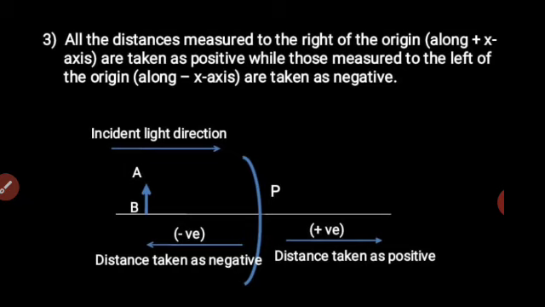For the first 5 cases, image is formed on the left hand side. It is real, inverted, may be diminished or enlarged. When the image is formed on the left hand side, we measure the image distance starting from pole going towards the negative x-axis. Thus, image distance will be negative. Say the image is formed at 8 centimeters on the left hand side, then we shall write image distance is equal to minus 8 centimeters. So, this is the importance of a positive or negative sign in case of mirrors.